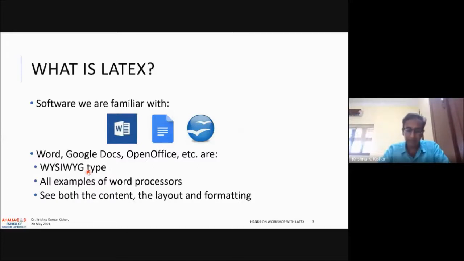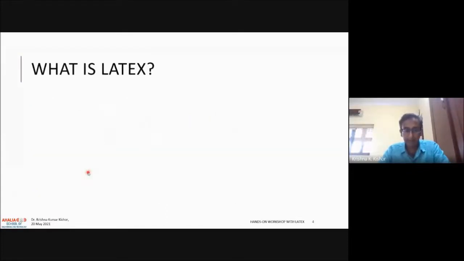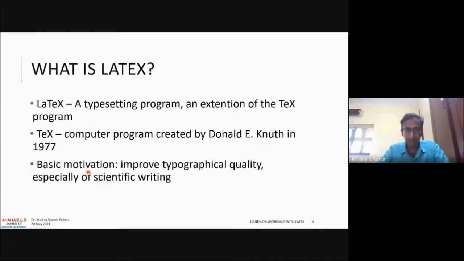So what is different about LaTeX, and why should we get familiar with LaTeX? LaTeX is actually a typesetting program, and it's an extension of the TeX program that was created by Donald Knuth in 1977. Here you write a little bit of code and process that document, and you get a suitable output.